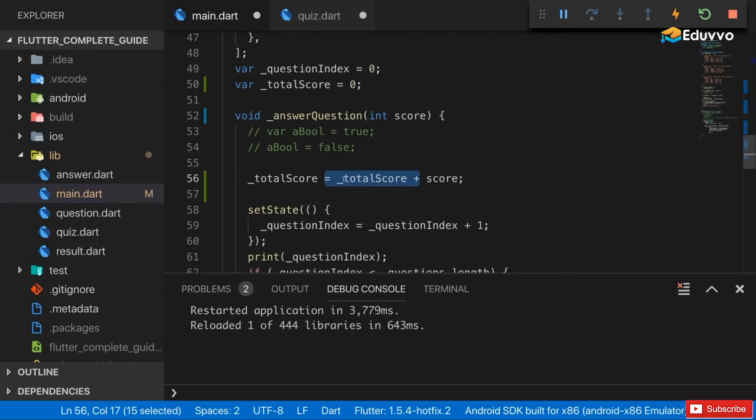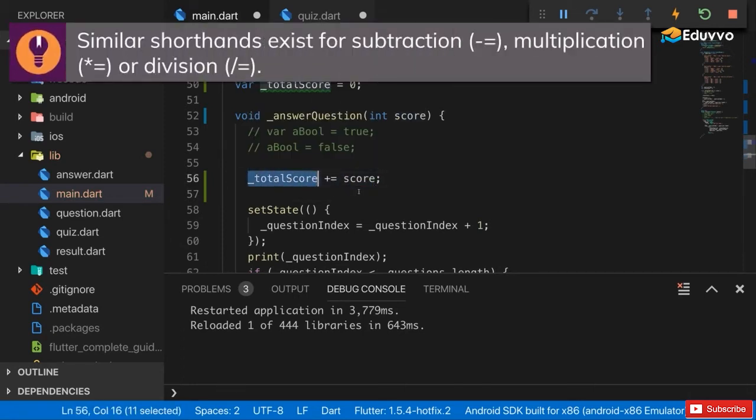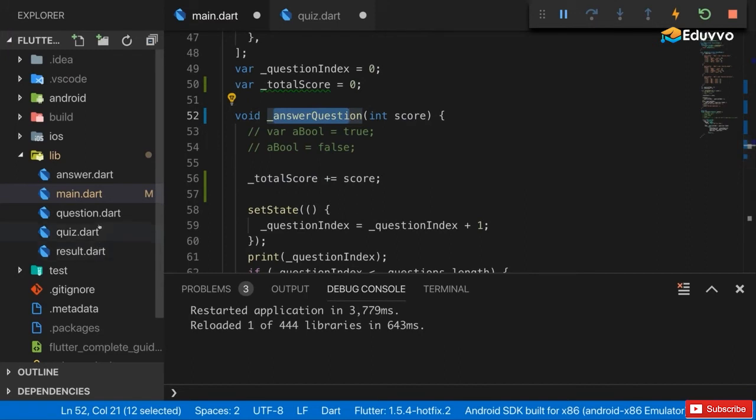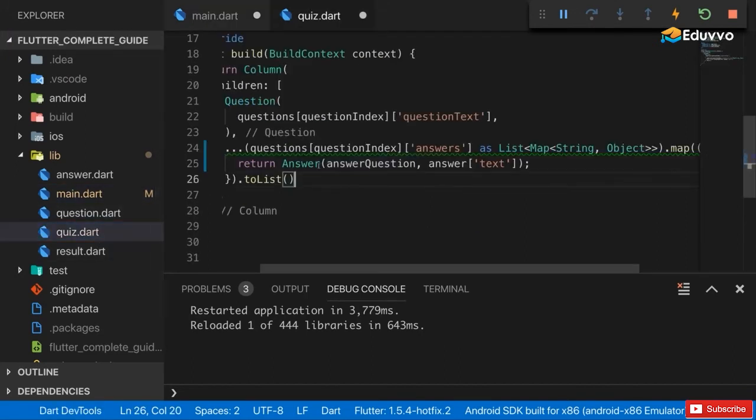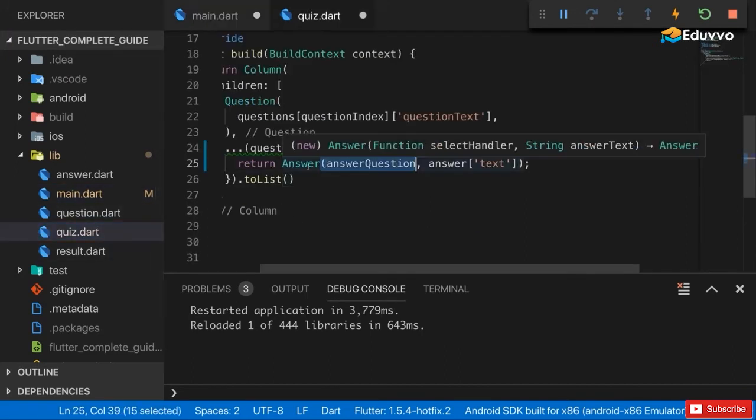Instead of using equal old value plus some new value, you can also use plus equal. This will add this value to the old value before it, and then save it back into that variable. So we add our score to the total score now in answer question. But now we have to make sure that in the quiz start file, where we forward answer question to an answer,